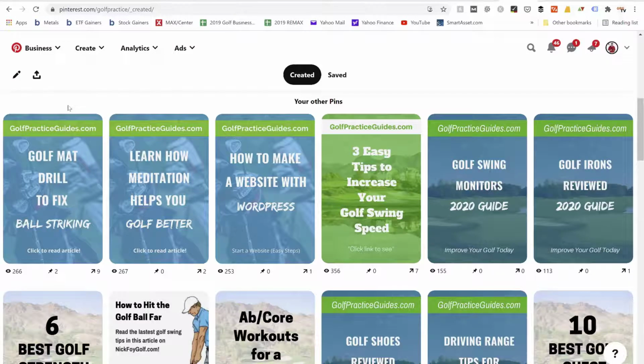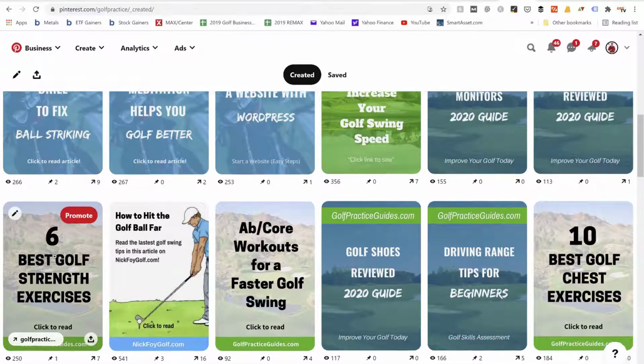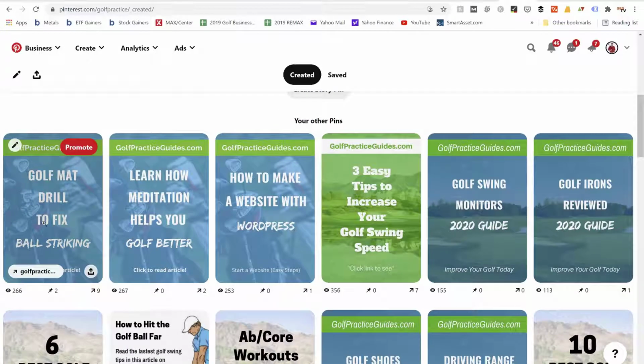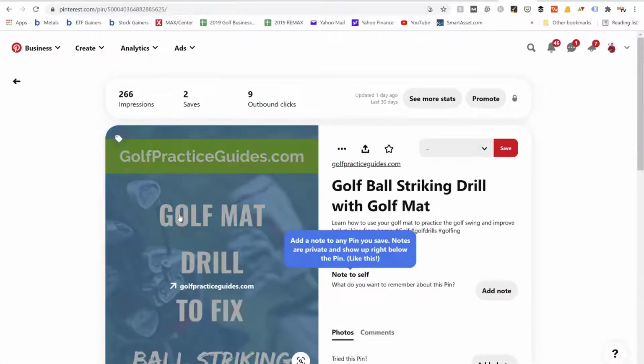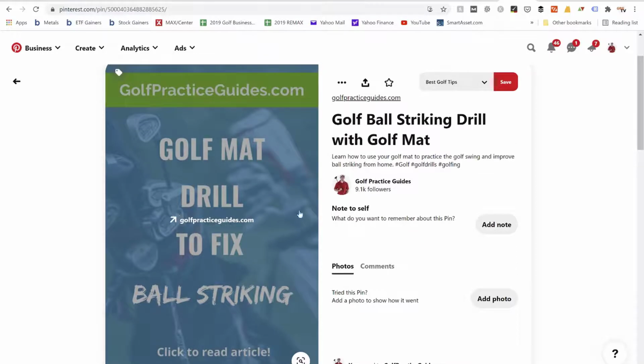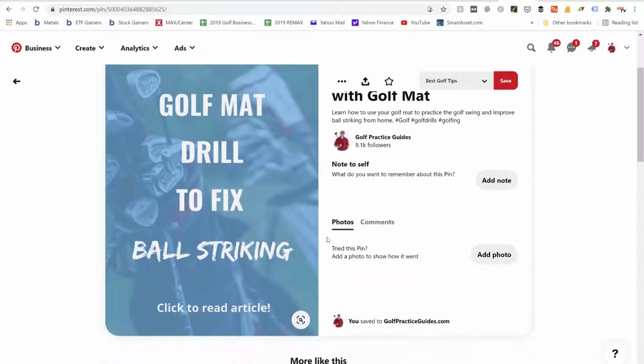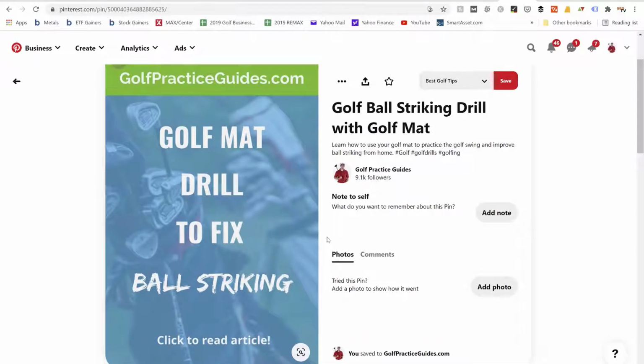So starting off with, what is Pinterest? Well, it's like a visual storyboard where you can save different ideas, and these saved ideas are known as pins. So in my case, I create pins, which is this vertical image here, for my website. I put the blog post title on it, I put my website URL on it, so when somebody's scrolling through Pinterest and they see one of my pins, they know it's going to take them to a blog article or to a website. But if we go out here to our home feed, so we'll click on home feed